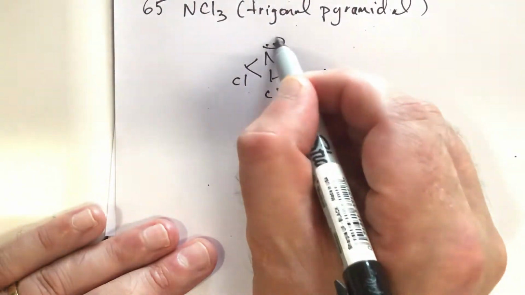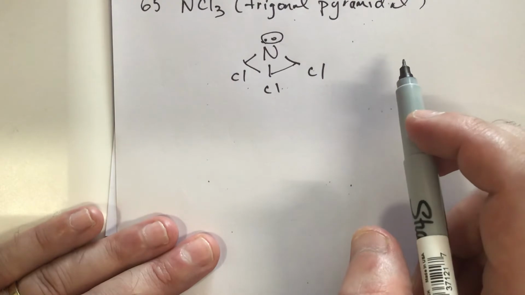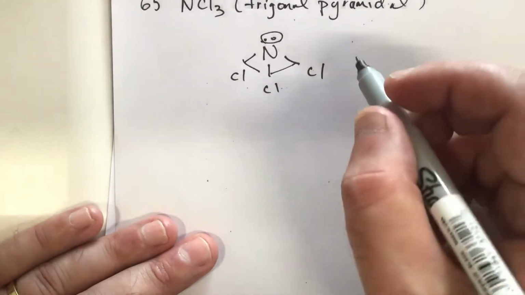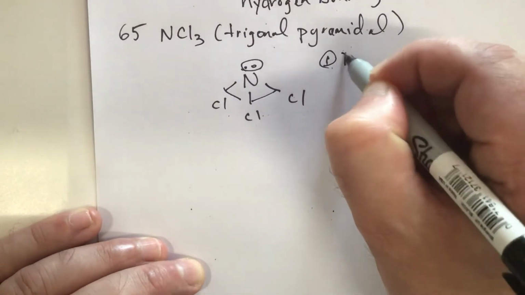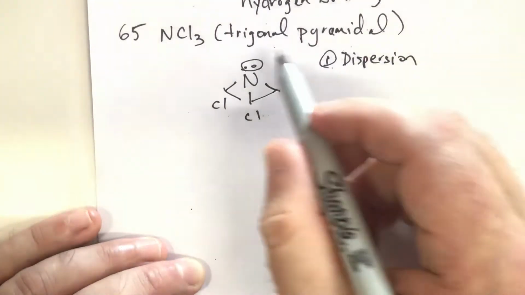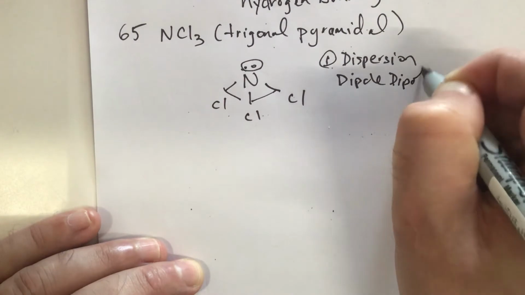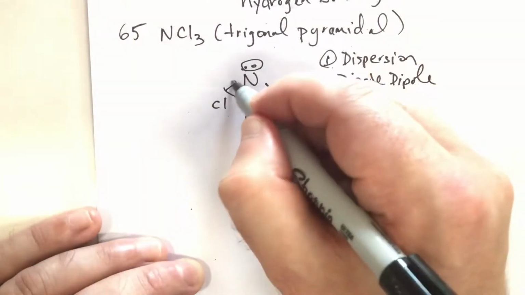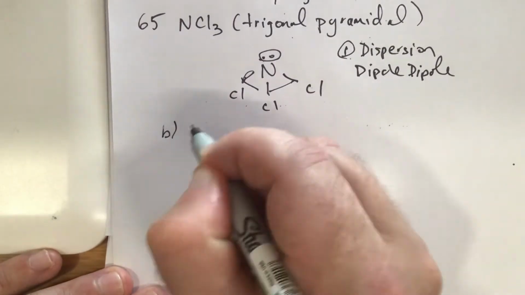Because it's got that lone pair, we've got the potential here for a polar bond. So what kind of forces does it have? Well, all molecules have dispersion forces. It has dipole-dipole because it's a polar molecule. These are polar bonds, and the geometry of it makes it polar as well. Okay, next one, B, we've got